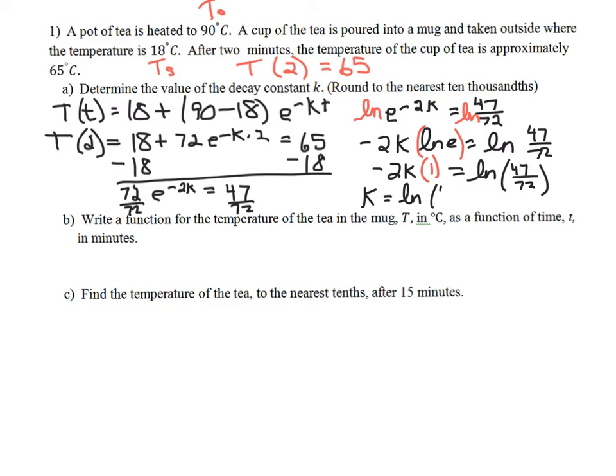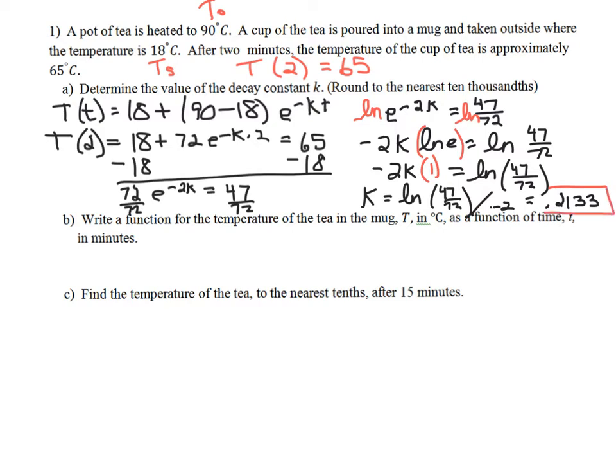So I'll have the natural log of 47 divided by 72, all divided by negative 2. On my calculator I enter natural log, parentheses, 47 divided by 72, close parentheses, divided by negative 2. That's giving me as my k, to the nearest ten thousandth,